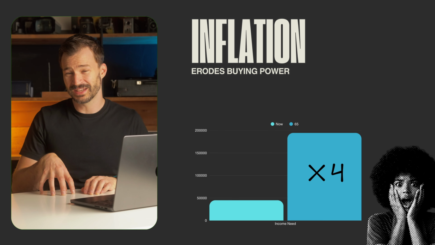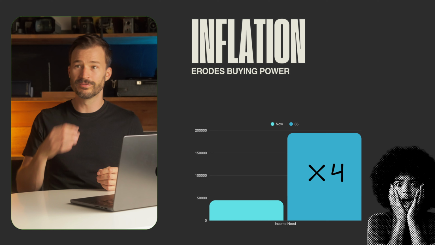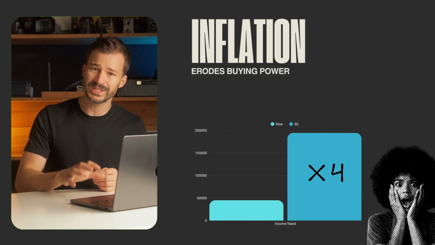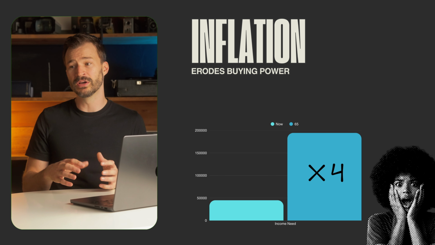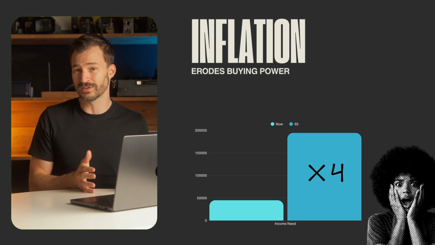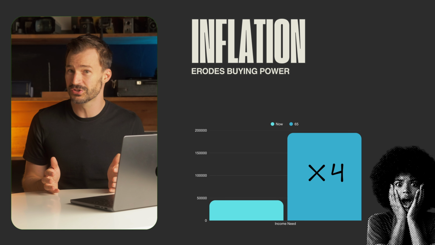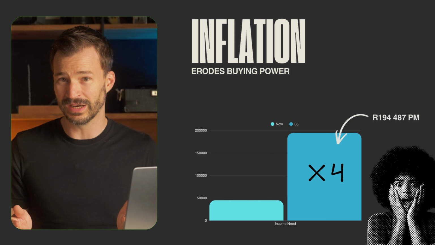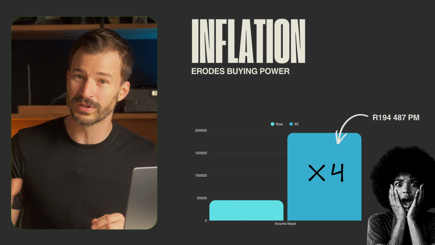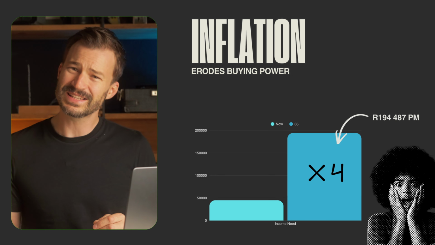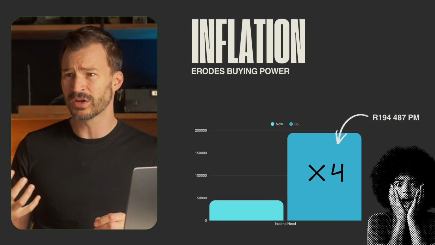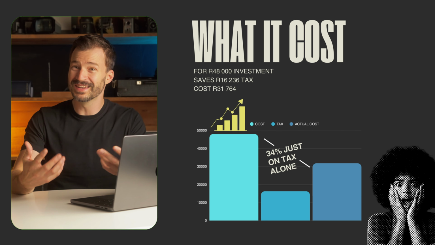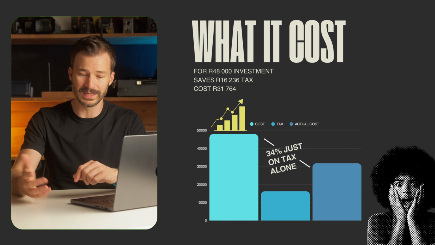We also need to take into account what inflation does. Inflation erodes your money's buying power over time. In Lucy's case, if she wants to be able to do the same with 45,000 Rand at retirement, she actually needs to earn a lot more. In her case, she needs to earn 194,000 Rand at retirement. So again, that's about 4 times more than what she's earning now, and that's going to have the same buying power, the same Rand equivalent as 45,000 Rand today. And remember, that also then needs to escalate in retirement every year.